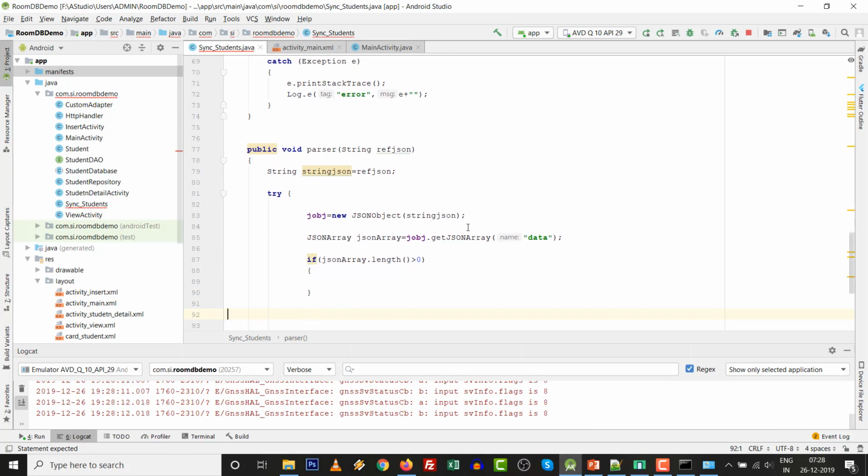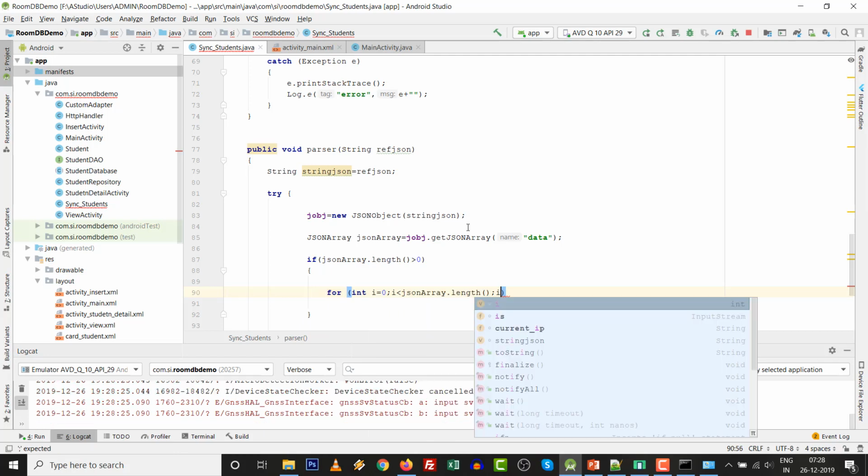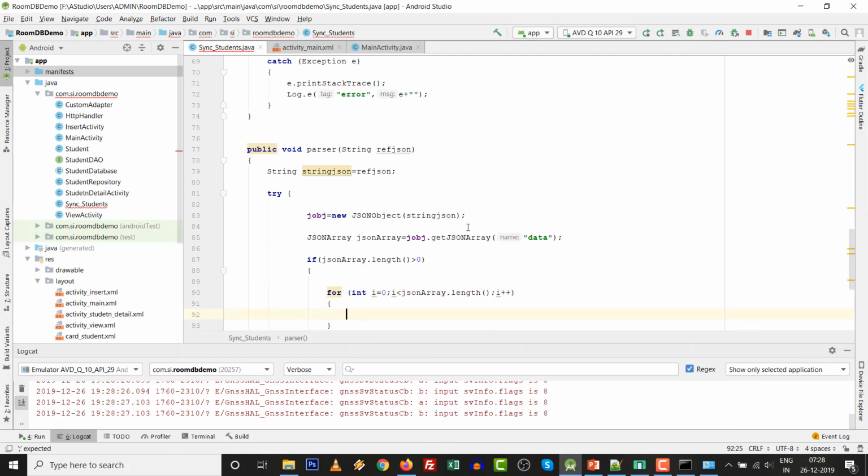If JSON array length is greater than 0, then we need to parse this and write for int i equals to 0, i is less than JSONArray.length, i plus plus,